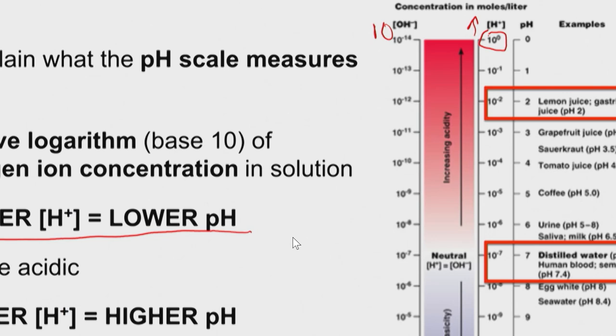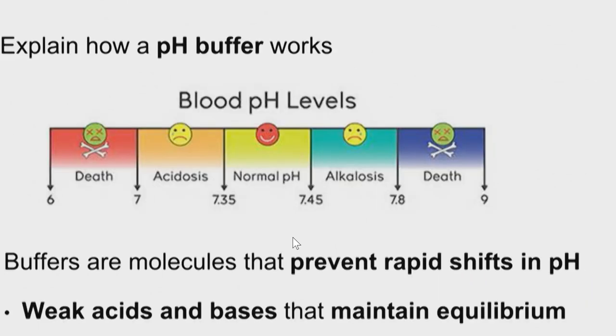So that means that a lower H plus concentration means that you actually have a higher pH number, and that means that you're more basic. So lower H plus means higher pH, and that is basic. Since we said that very small changes on the pH scale are actually massive changes in the amount of H plus concentration,